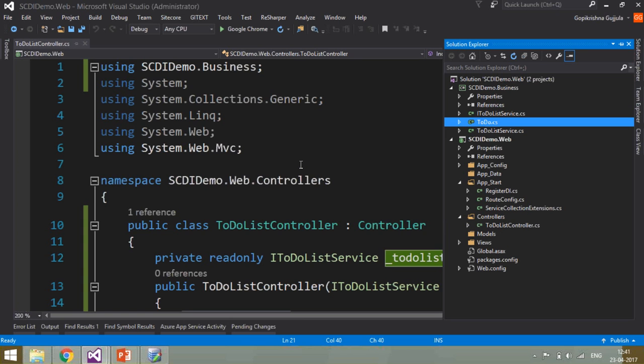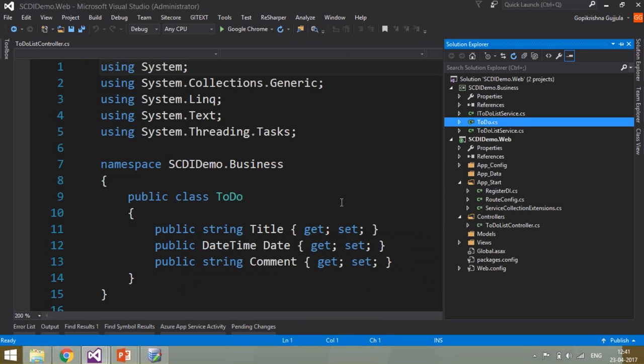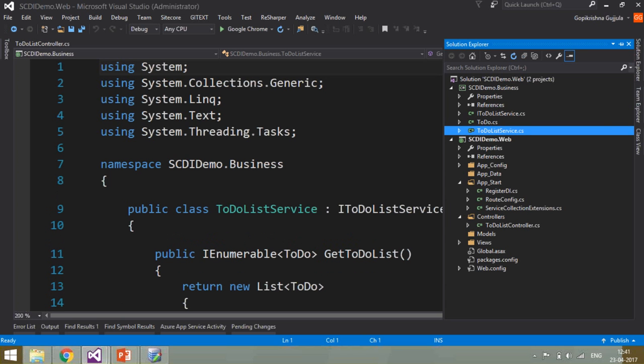And if we come here, that is in a business library, and the view is the same. There is no change here. Just see here, I have introduced one more file, RegisterDI.cs. So if I go to RegisterDI.cs, this is where all the magic happens. So if you see here,